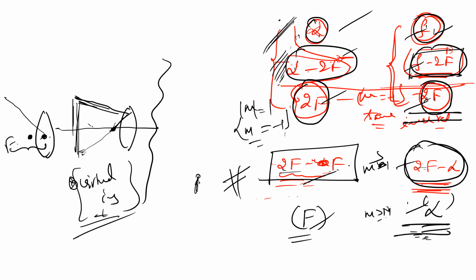Did you understand it? In every case, a real image will be formed. Only in this one case, just between focal length and optical center, you will see a virtual image. Got it? Shall I go ahead? Yes, sir. Now for concave lens, you will see a virtual image, a diminished image,